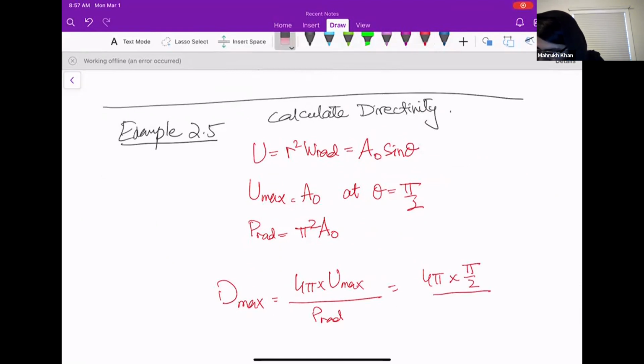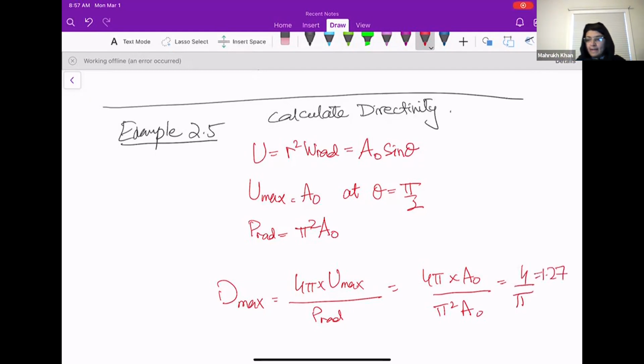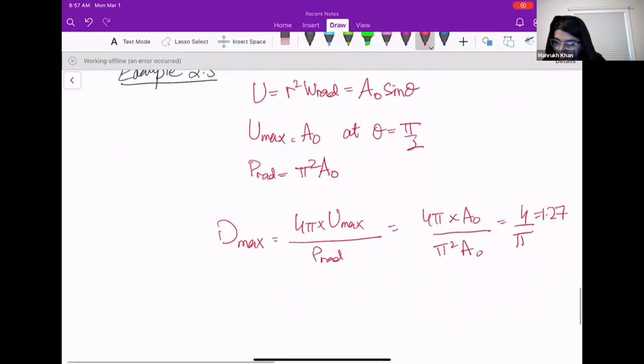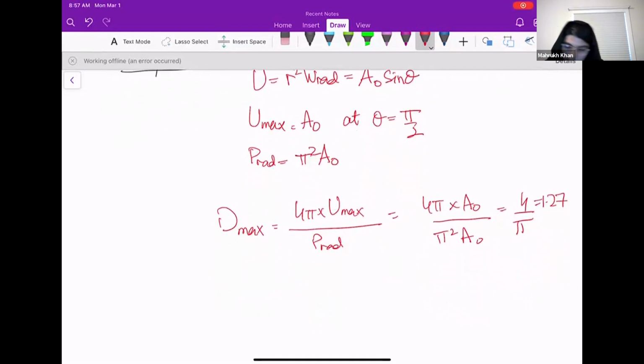No, sorry. 4 pi into A naught by pi square A naught. So yes, it will be 4 by pi, which is equal to 1.27. So that is your maximum directivity. And your normal directivity is